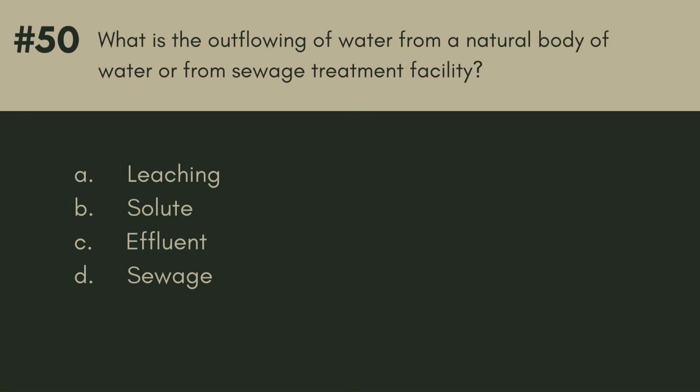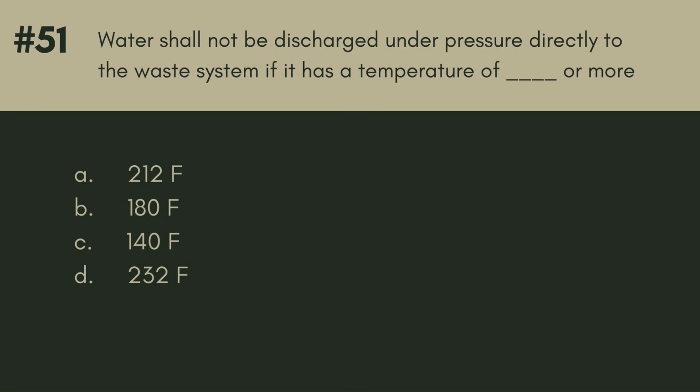D. Sewage. The answer? It's C. Effluent. The outflowing of water from a natural body of water or from a sewage treatment facility. Question 51. Water shall not be discharged under pressure directly to the waste system if it has a temperature